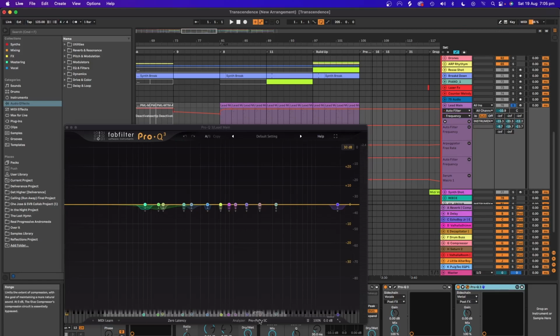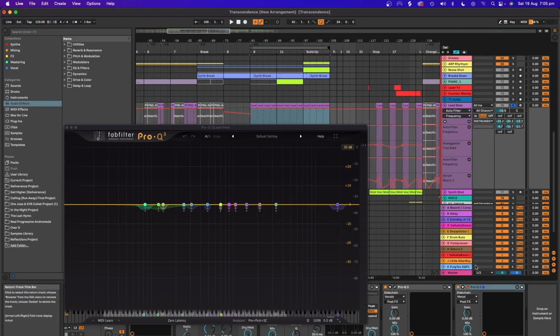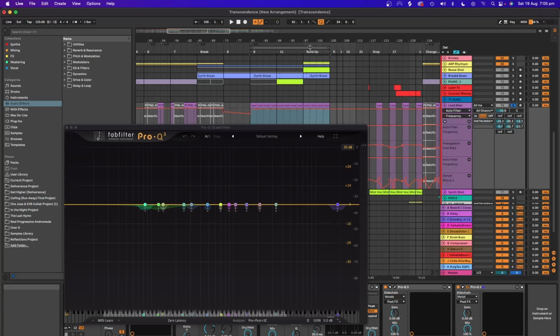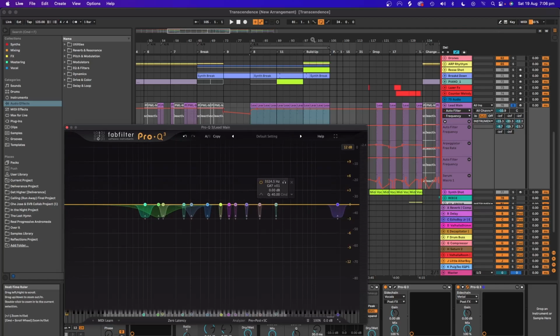And what I've done here, if you don't know how to do this, I had some competing components in this track with the lead in the drop. So what I ended up doing here was actually setting Pro Q3 to this bus, which is just called metal. That's just what I ended up calling the synth from the drop. Side chaining that, and basically this then grabs all the frequencies in that other synthesizer and pulls them down a little bit to let the other synth breathe a little bit in parts of the track.